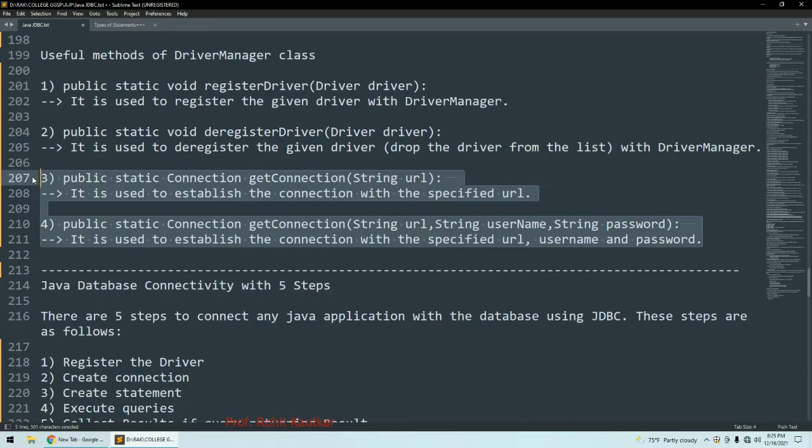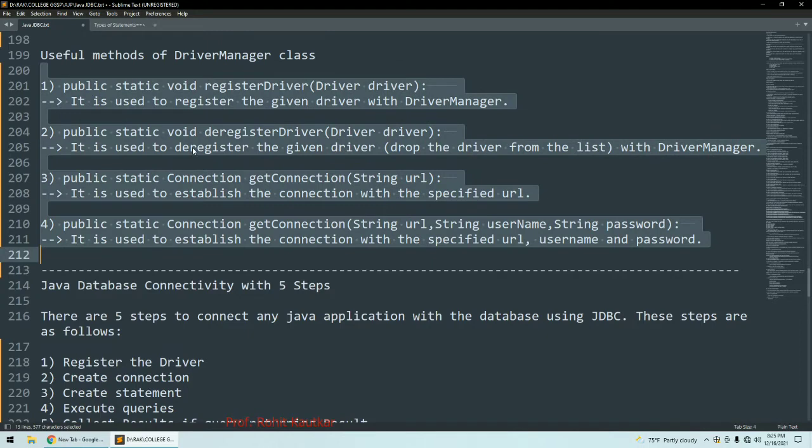If your database is protected with username and password, you can go for this second one, otherwise the first one you can prefer. So getConnection is a method which is used for establishing connection with the specific URL, and this URL will represent where your database is available. Okay, so these are the useful methods of DriverManager class.